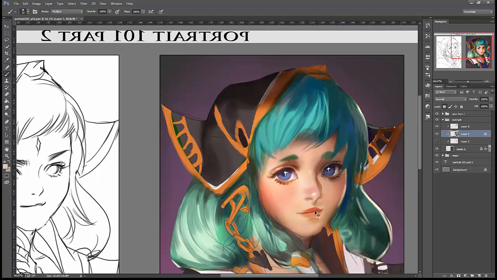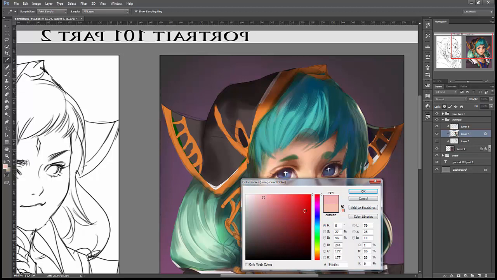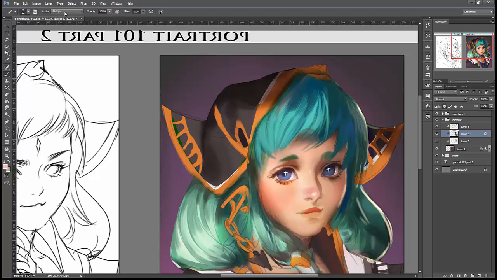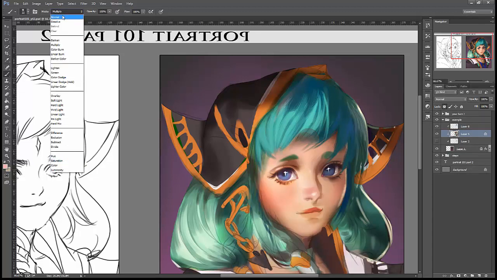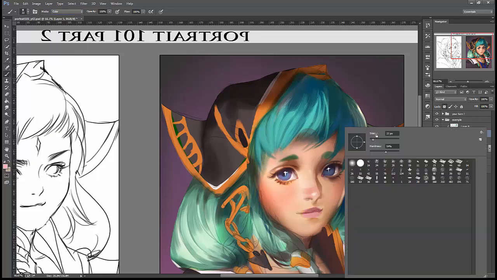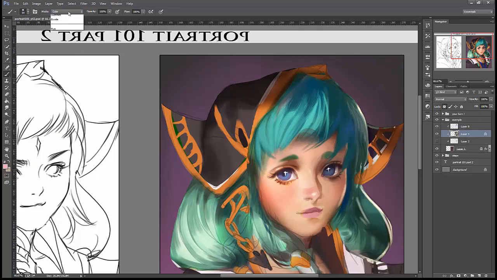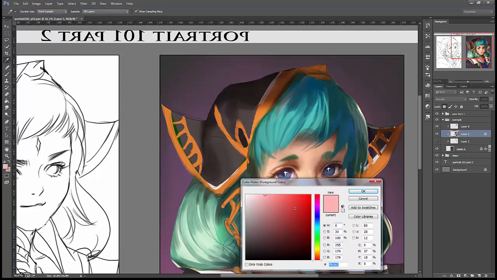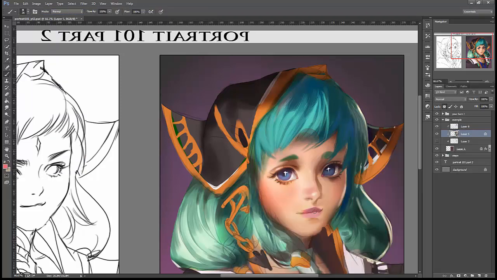And then I'm gonna go with the lips a little bit, switch the multiply mode to normal once, to color, just to change the color of her lips. And then going back to normal once again, and then select the pinkish color for the lips, like so, and